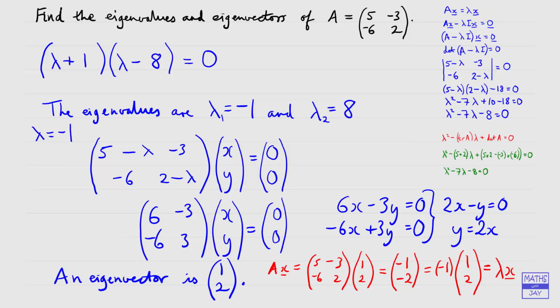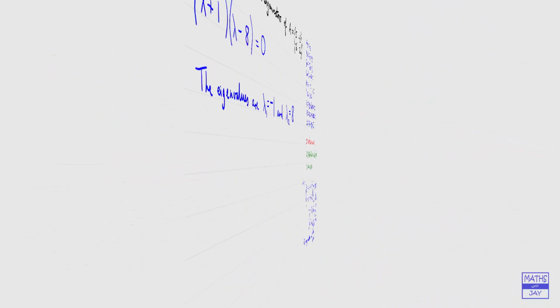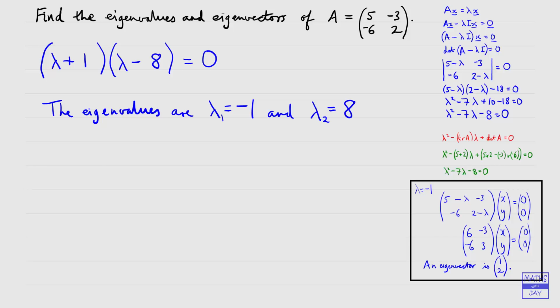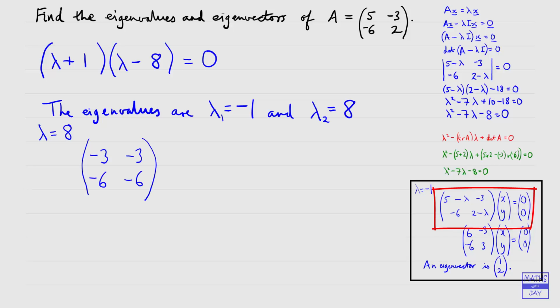So now let's do the same thing with our other eigenvalue. So we're going to be looking at lambda is 8. So let's just move that over to the side. Right, so now we're going to look at the other eigenvalue. So we're looking at lambda is equal to 8. And substituting in, we will get 5 minus 8 is minus 3. And then the minus 3 and the minus 6 as before. And then we've got 2 minus 8 is minus 6. And then we've got our x, y